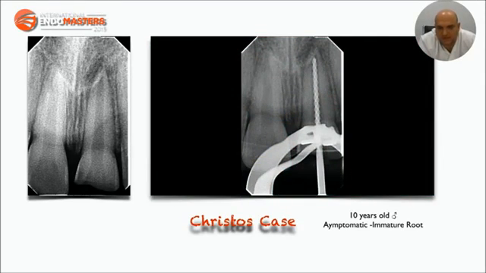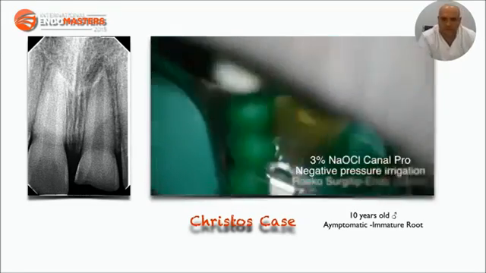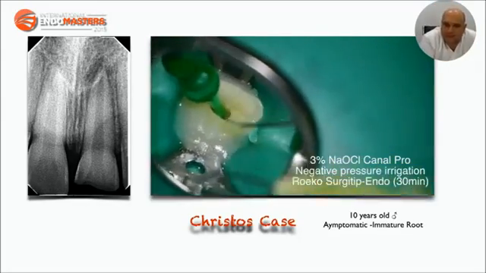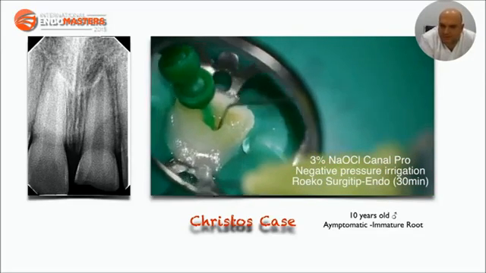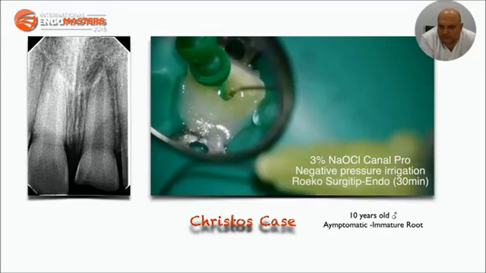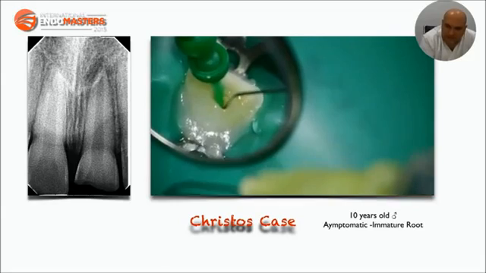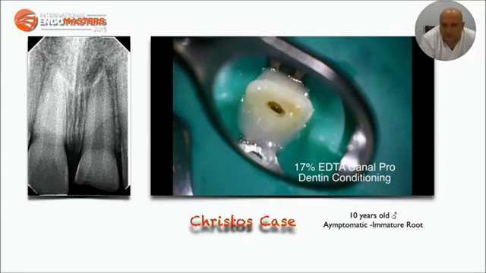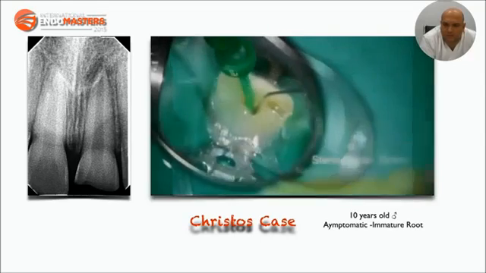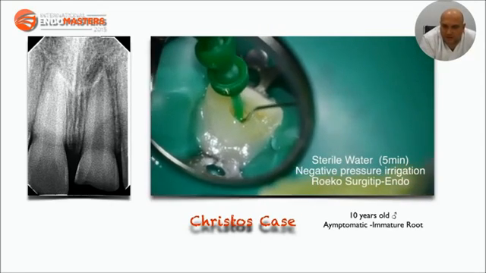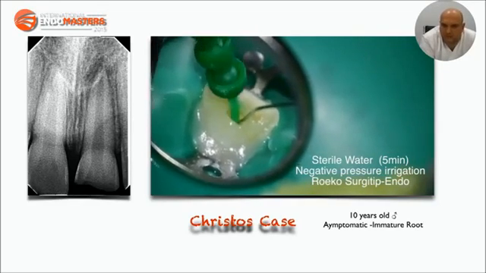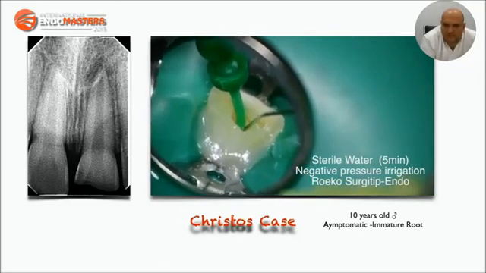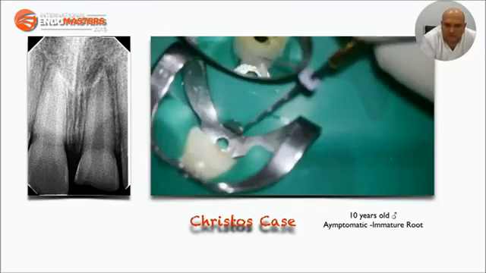This is the length determination radiograph in order to transfer the length to your macro cannula. I am using 3% sodium hypochlorite negative pressure irrigation for 30 minutes, then rinse with sterile water under negative pressure irrigation and get rid of sodium hypochlorite, then flood the whole canal with EDTA, leave it there to expose some dentin-derived growth factors, sterile water again, negative pressure irrigation for 5 minutes to get rid of the EDTA remnants, dry the canals,